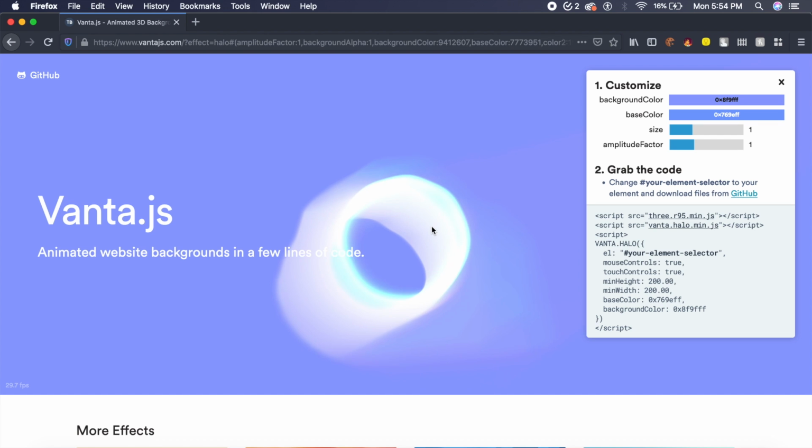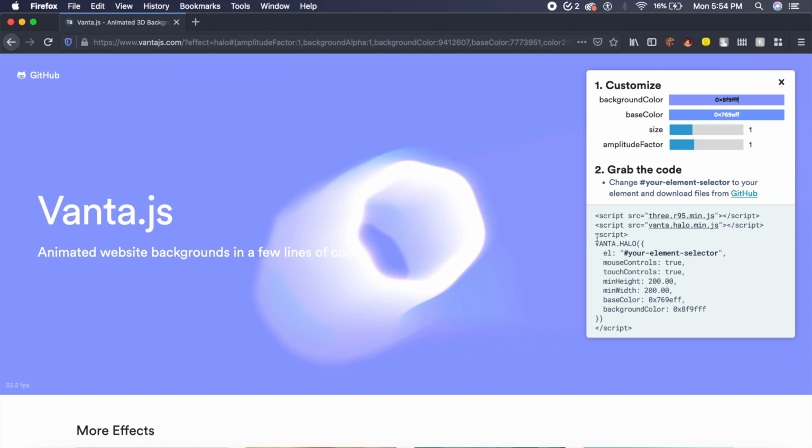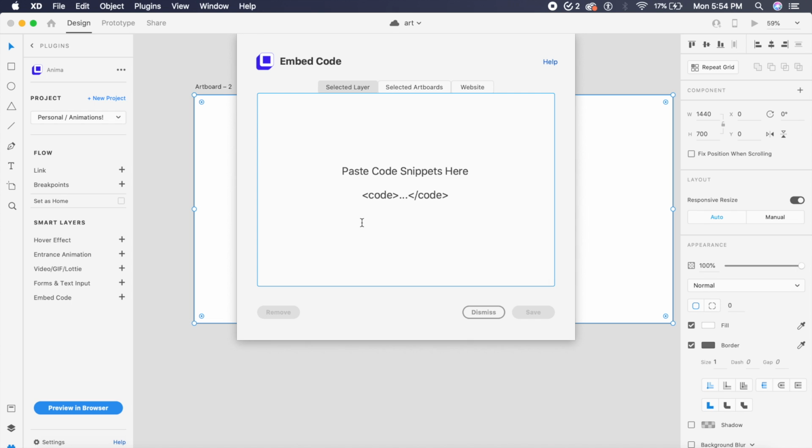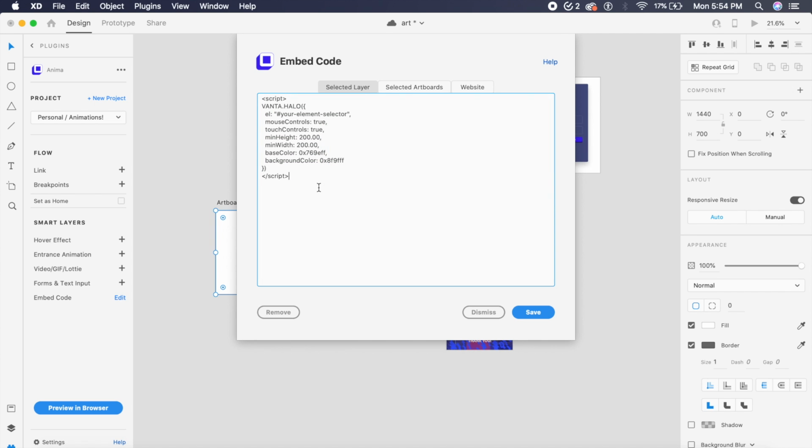So the first thing we'll need to copy is this script written right here on their website. So just copy the script here and go to XD right here and paste it in this snippet. This looks cool. We'll go ahead and save it. Now we want to copy another line of script. We'll just put it down here and paste another line of script right here, which I will give in the description, so don't worry about it. Once you have something like this ready to go, just say save.